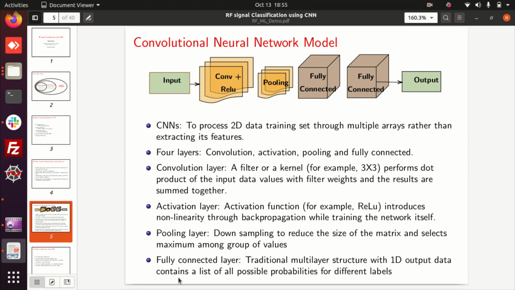We want to reduce the image step by step so that you can extract the fine details. In the pooling layer, you are downsampling the image so that the matrix size reduces, and you select the one maximum value among four values, because in the pooling layer you are using a kernel or filter of size 2 cross 2.